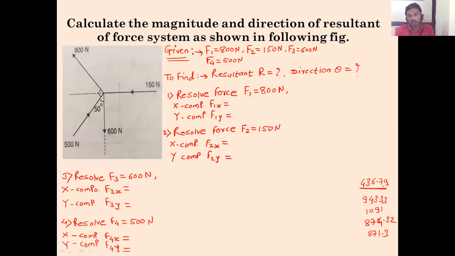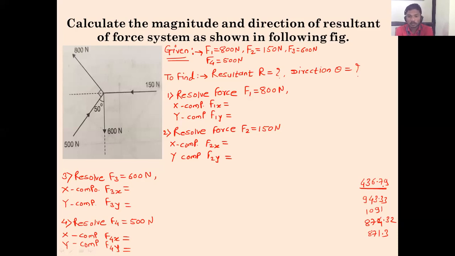Anybody got? Yes, sir. 436.15. What comes after the decimal doesn't matter. First you tell me before the decimal. 436. Okay, I think this is the correct one. Sir, my answer also is 436. Sir, first time I had 1091, but